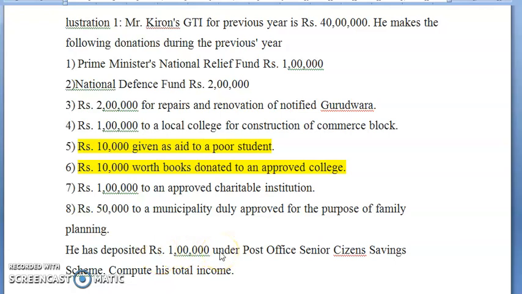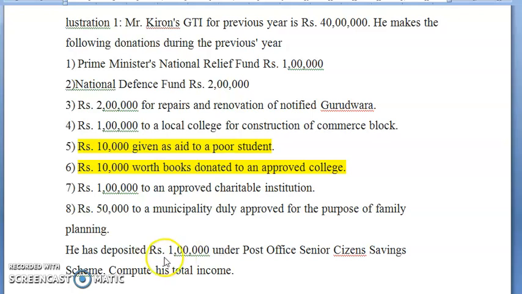One more thing, I have to consider it while calculating adjusted total income. Why is adjusted total income needed? Adjusted total income is needed to find out the limit of the donation under the second part. Under 80G donation, first Gandhian family and drought relief fund we are considering, and other than these will come under the second category. So for the with limit calculation, we have to calculate adjusted total income. That calculation we will do.